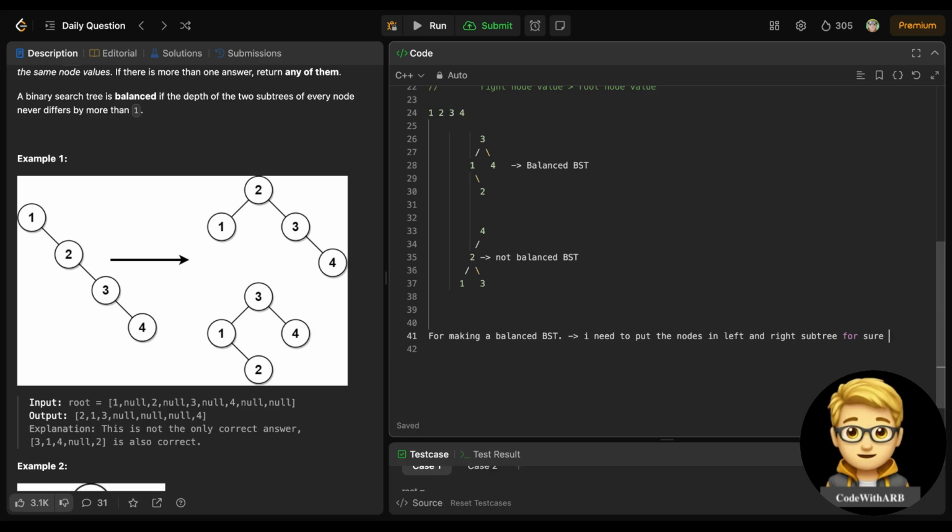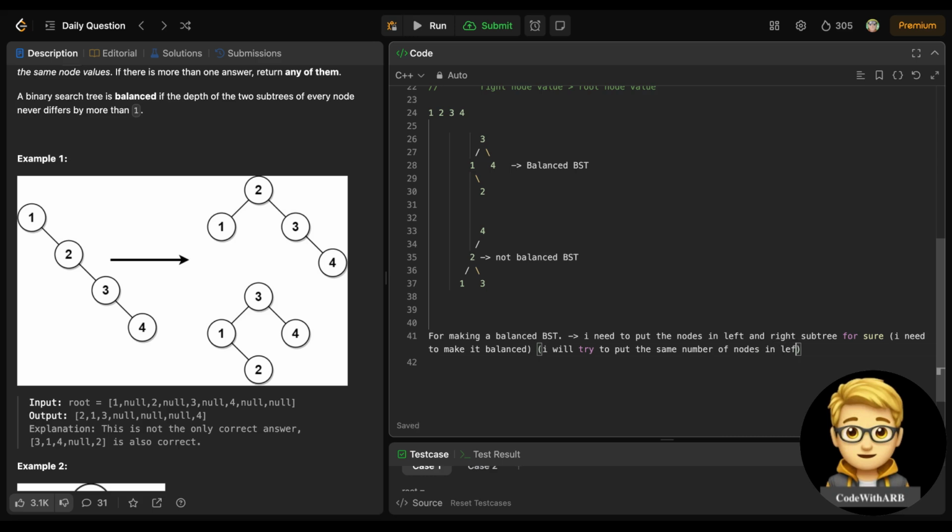But I also need to make it balanced. So basically, I need to put an equal number of nodes. I will try to put the same number of nodes